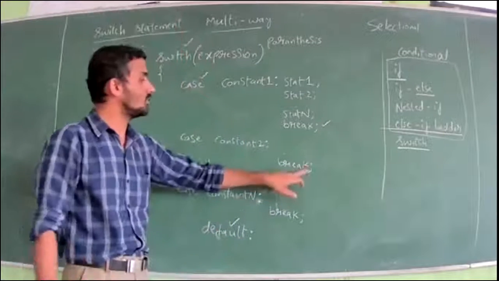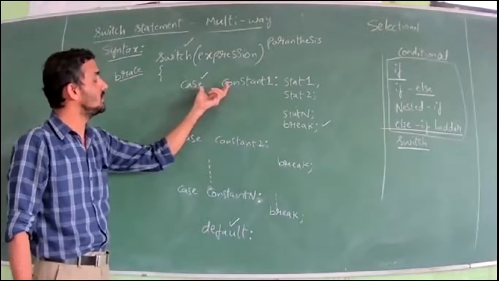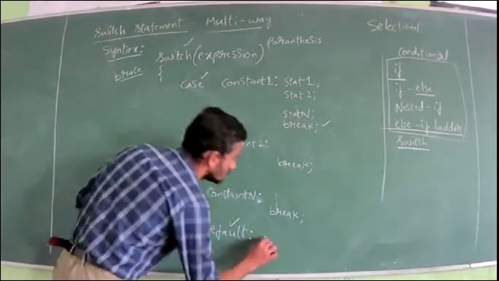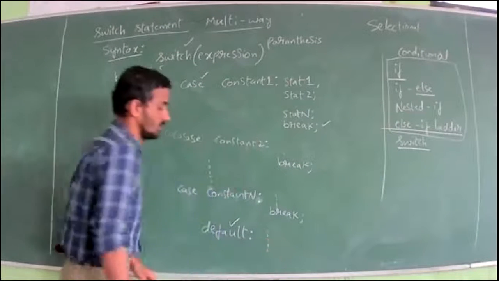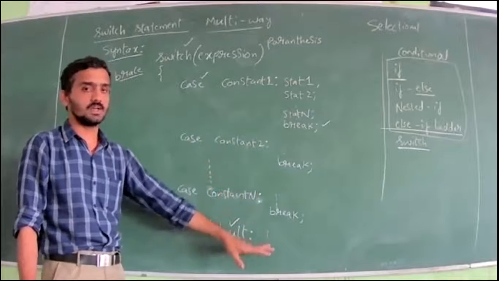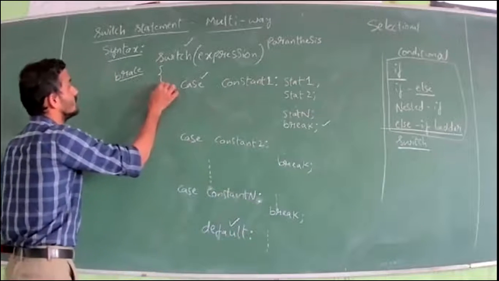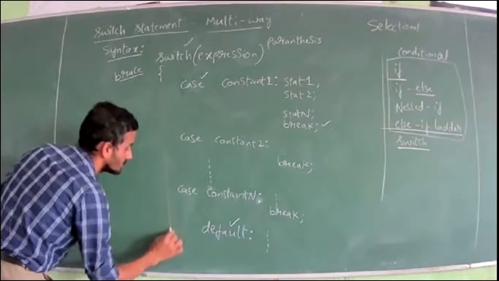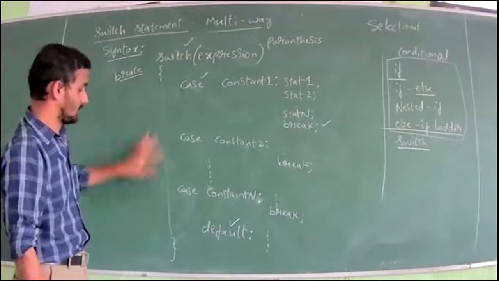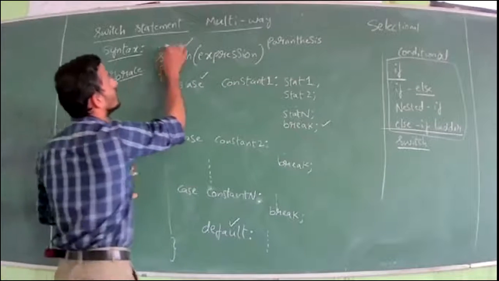If you don't put a semicolon, you will get an error. And here, if you combine these two, you will get an error. That means you will get a wrong result. So for default also there are multiple statements. And for default, if you don't write break also it is correct because that is the last part. And you see that where you started the opening brace, on the same alignment you close the closing brace. Same alignment.